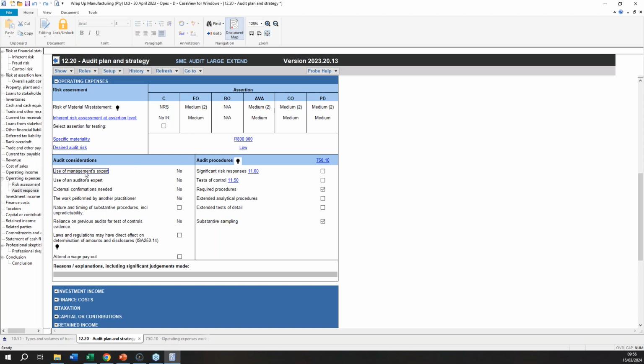There is no management expert that we need in this section. We don't need an auditor's expert. The external confirmations, we're not going to get any for expenses. There was no need. There is no work that was performed by another practitioner regarding our other expenses testing. And we deemed it sufficient that we do our required procedures with some substantive sampling